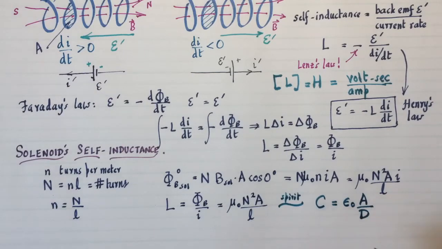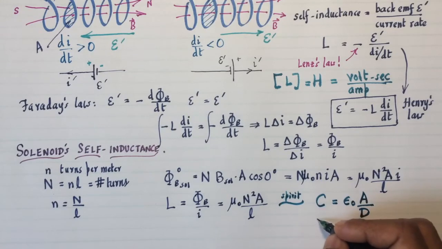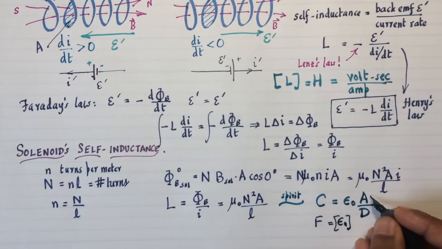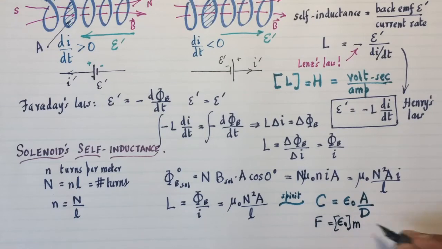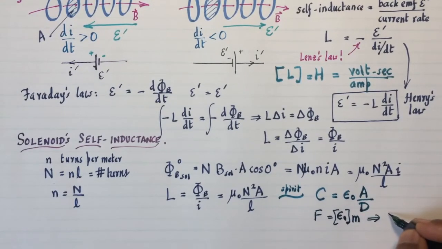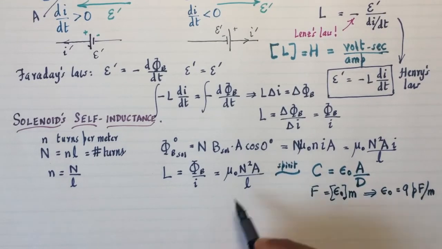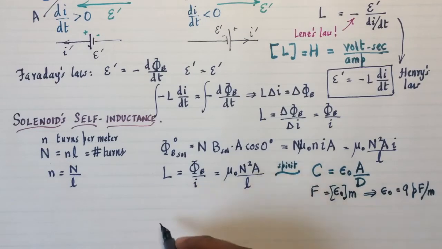Epsilon naught, by the way, had interesting units. Capacitance is measured in farads. So farads equals units of epsilon naught times meter squared over meters, which is just meters. And so we now know epsilon naught's value to be something like 9 picofarads per meter. And we're going to have similar cool units for Henry shortly. L is measured in Henry,